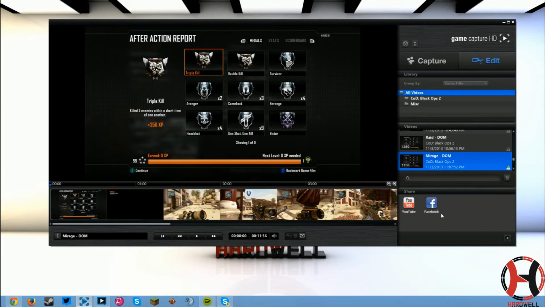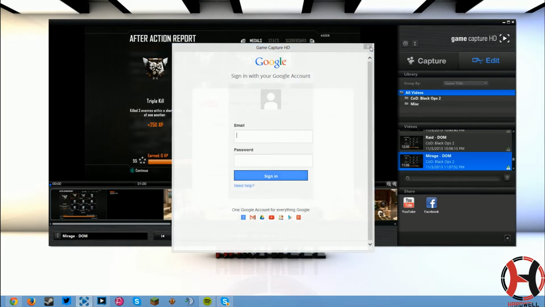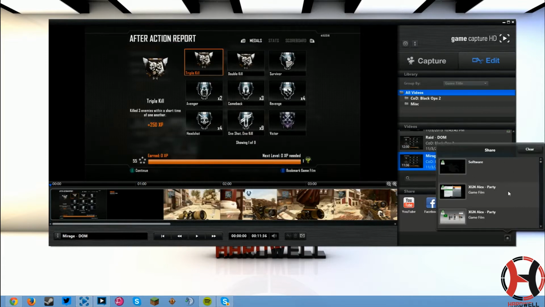Overall, pretty decent editing section, I think. And then right down here you have share settings, which I think is pretty cool. When you do your rough edits, if you don't have editing software and you want to get it up quickly, you can just click one of these and it will bring it right up. If I had my Google stuff filled in, it would take me to the screen, but it doesn't, and I don't think there's a way to get out of it. So you can't really look at that. Facebook, same